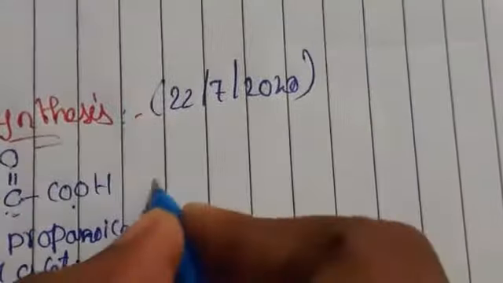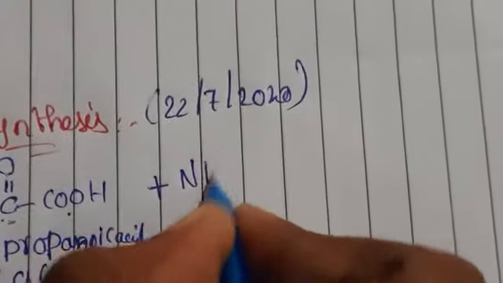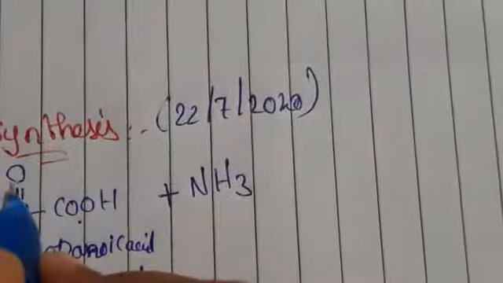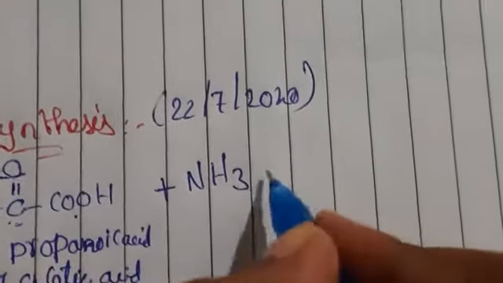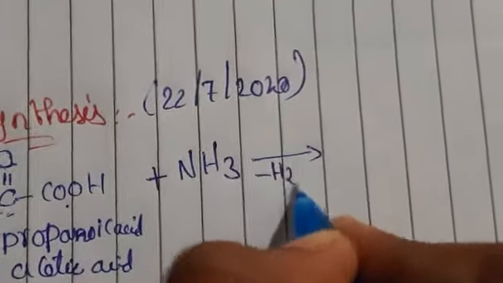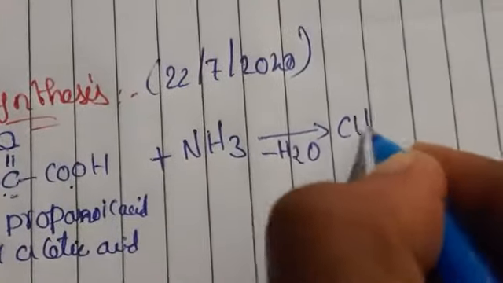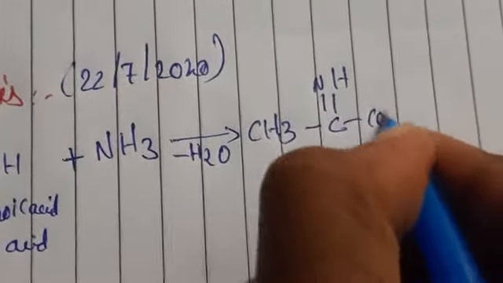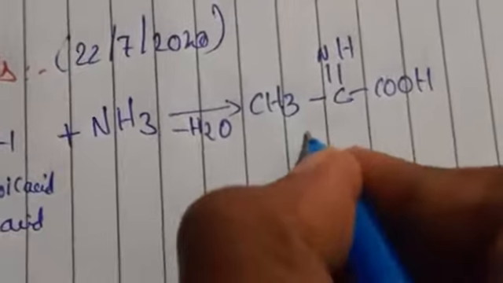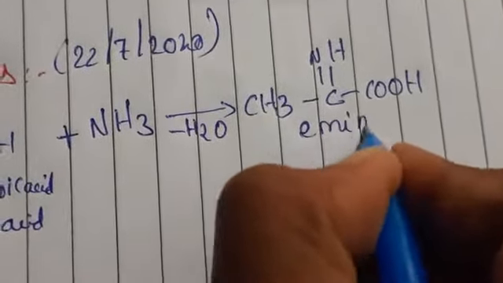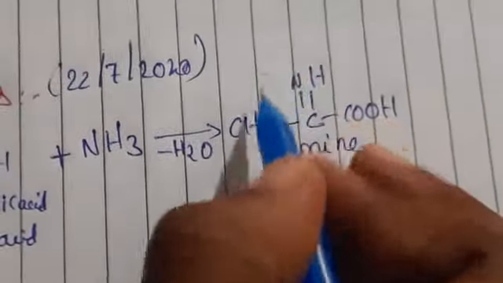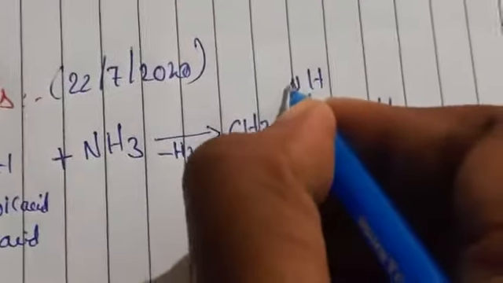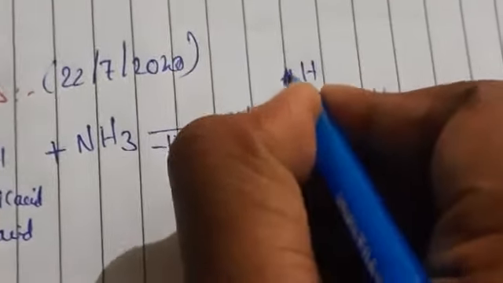So when it is treated with NH3 molecule, automatically O and H2, minus H2O will be lost. So you will be getting CH3 C double bond NH COOH. So this is what here, imine. Okay, so C double bond NH is the functional group of imines. So when we do reduction,